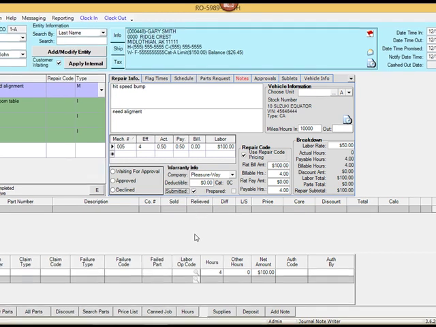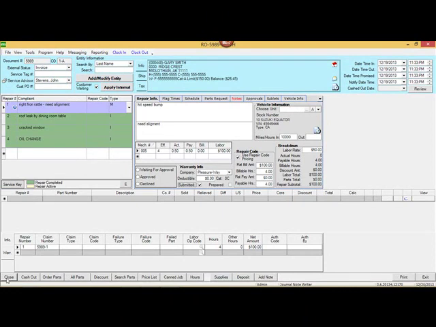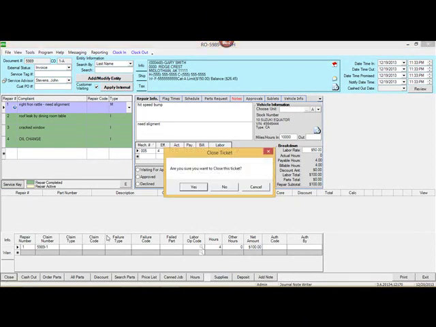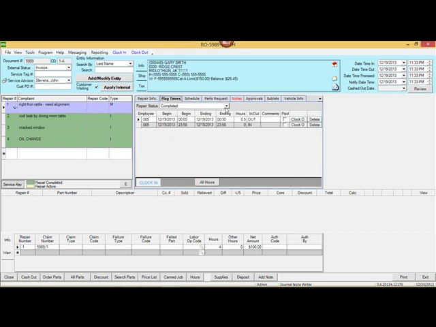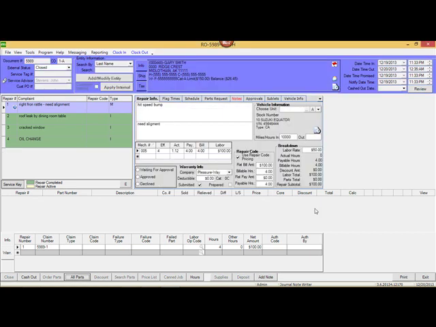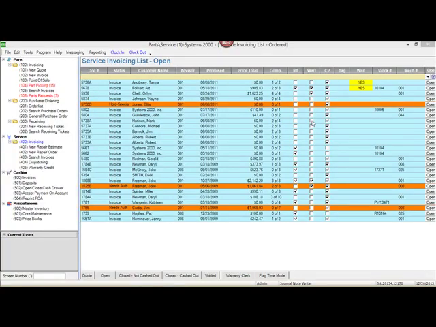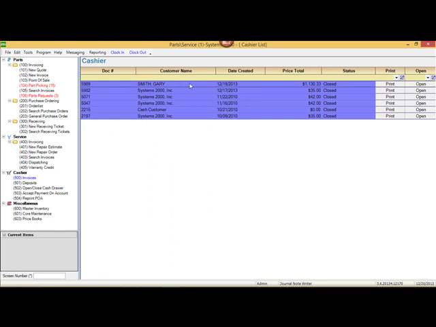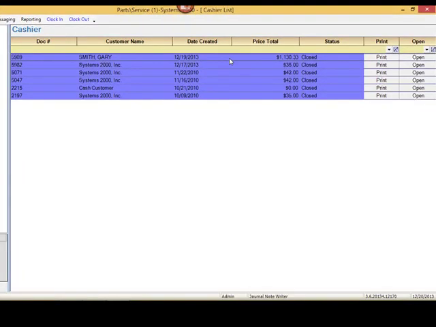We are now ready to close out this RO. Hit the close button. It says yes, we do want to close it. The RO is now in a closed status and the color changes. And we'll go ahead and close this out, and we'll jump over to the cashier screen, and you can see the RO total right here, waiting for the customer to come in and pay for the work that was done